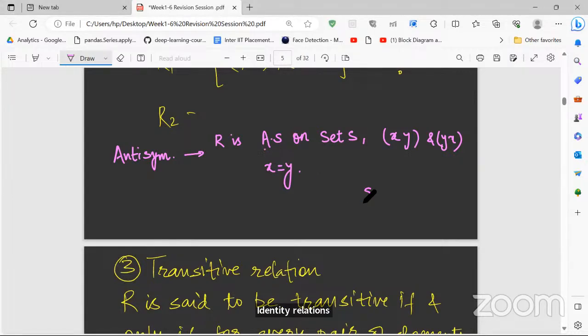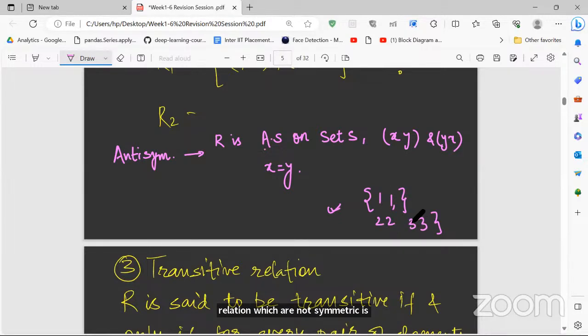Okay, identity relation. If you have something like 1, 1 or 2, 2 or 3, 3 on some relation S, is this satisfying this condition? Yes, sir. Okay, so is this anti-symmetric or not? So, sir, what did I tell you? Anti-symmetric doesn't mean that all the relations which are not symmetric are anti-symmetric. That doesn't hold. And this is the best example.